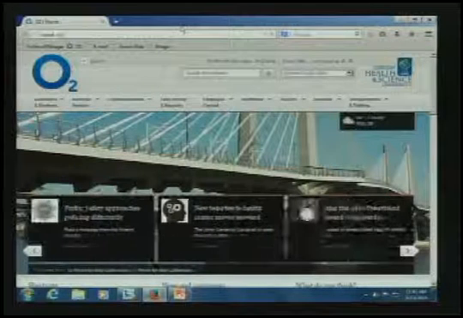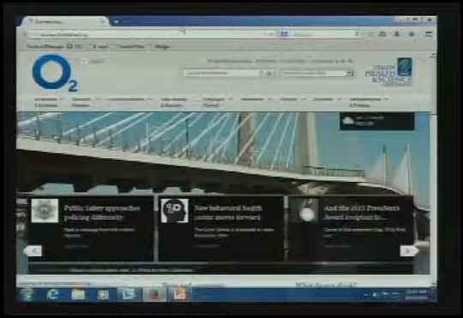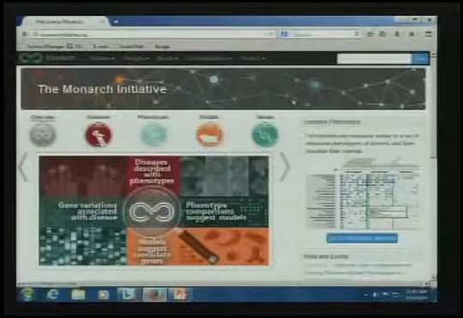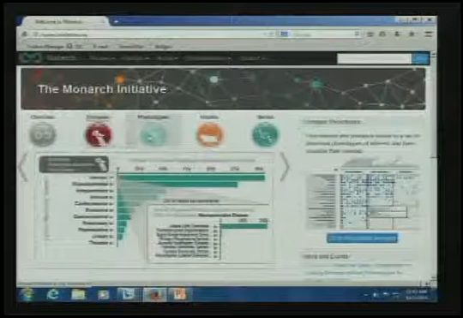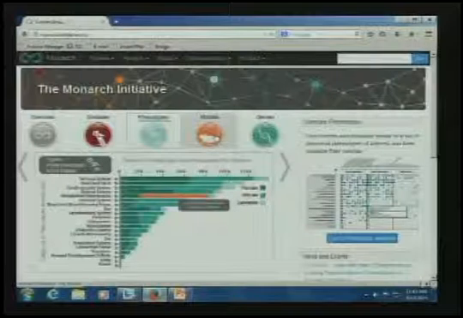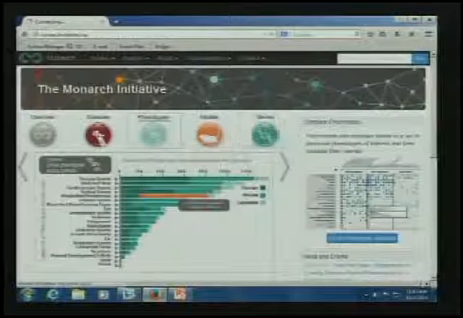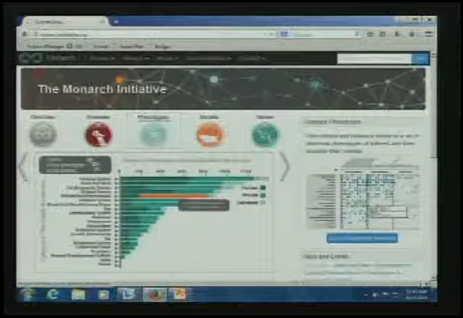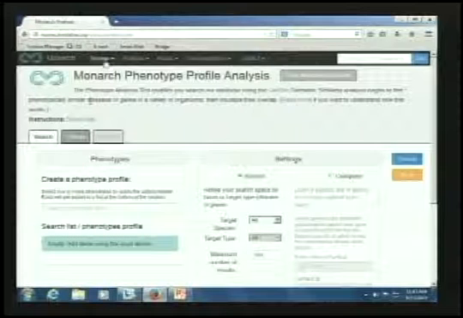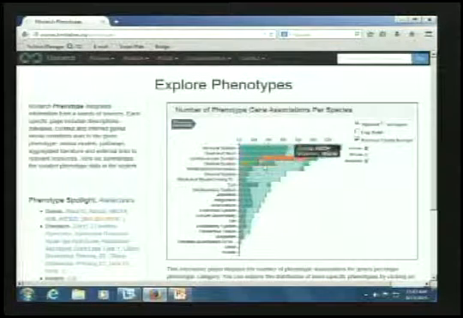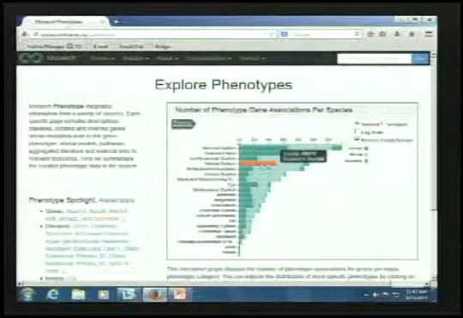So let's quickly look at the Monarch Initiative. This is the main site, and as you can see, the main thing is diseases described with phenotypes and gene variations associated with diseases. So the main focus of this is diseases and the phenotypes that they're related to, and different model organisms, and the genes that they're plotted onto. As researchers would go on and want to look at different genes or phenotypes and see where they are, there's this graph, which is really cool and probably the best part of this website.